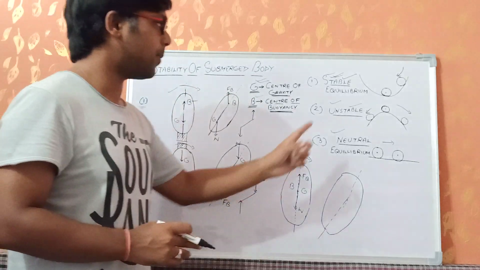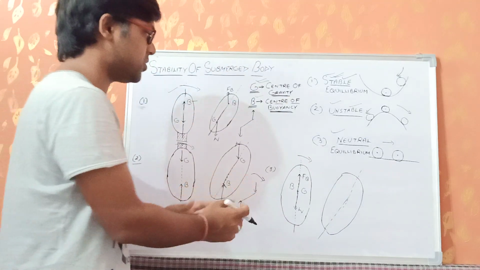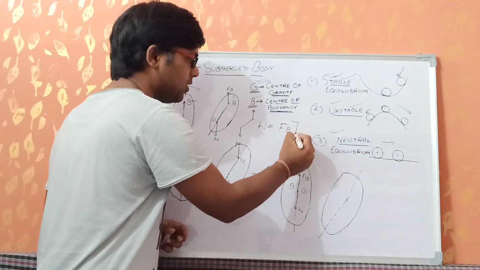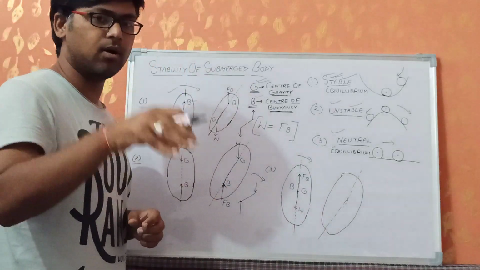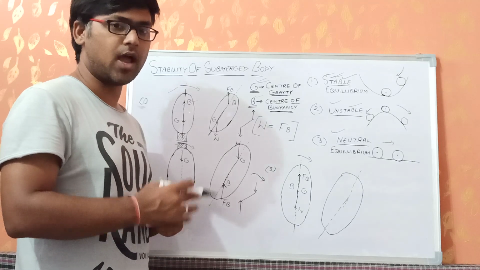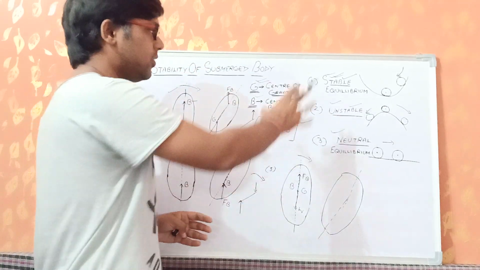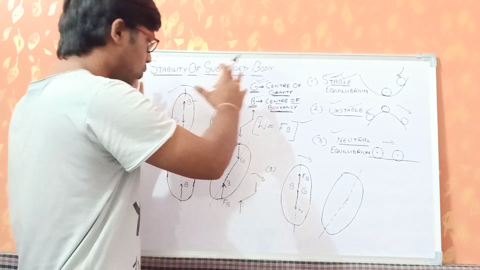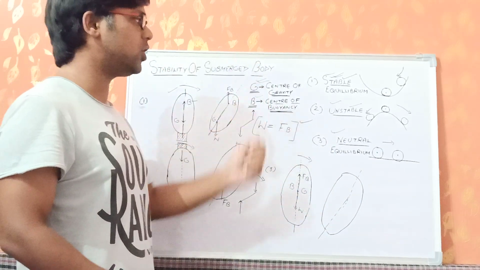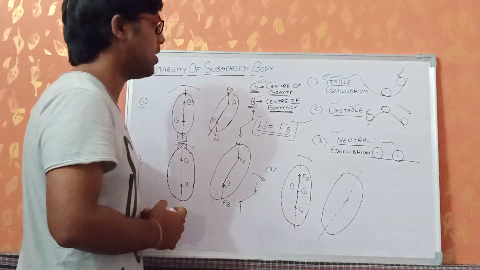Clear? Other than that, I'm using a term that is called equilibrium. So equilibrium basically means that under all these three different conditions, the W is going to be equal to Fb. It means the weight of the body that is immersed in the water, clear? The weight of the body will be equal to the force of buoyancy acting on the body in the upward direction. So this is the condition of equilibrium which we have to follow in the three different cases. It means in all these three cases, W will be equal to Fb, whether it is a case of stable equilibrium, unstable equilibrium or neutral equilibrium. We have W equal to Fb.